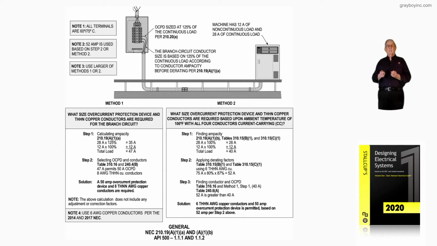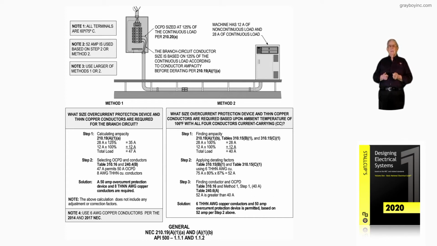And then notice that we have 4 current carrying conductors in the raceway routed through an ambient of 122 degrees Fahrenheit. Once again, we're out of the 86 degrees Fahrenheit listed in table